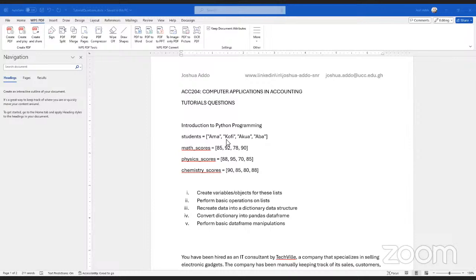Yes, this kind of example is going to test how you create variables or data objects in Python to reflect the way we keep data in everyday life. For example, this is a list of students like yourselves, a list of your scores in 3 courses: maths, physics, and chemistry.